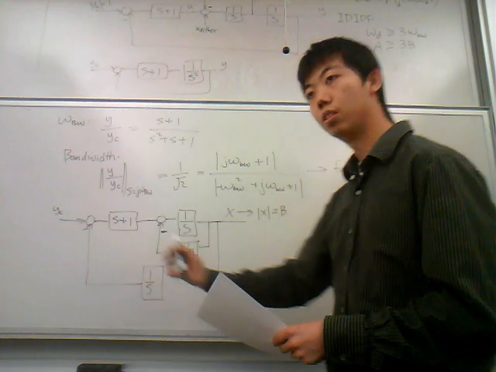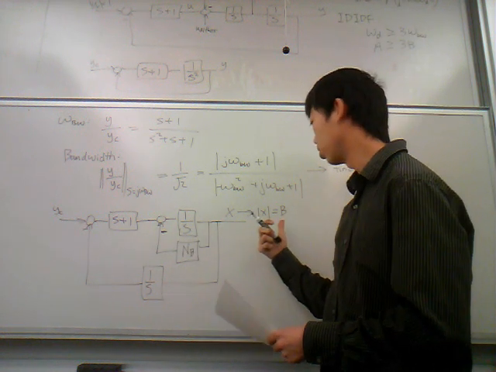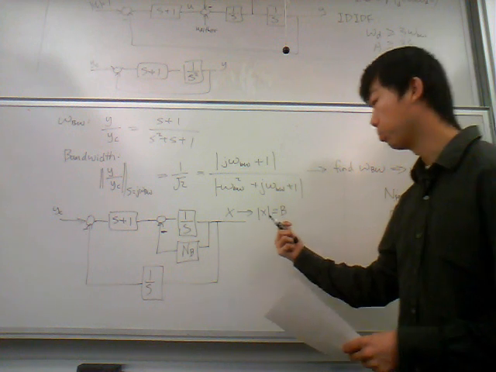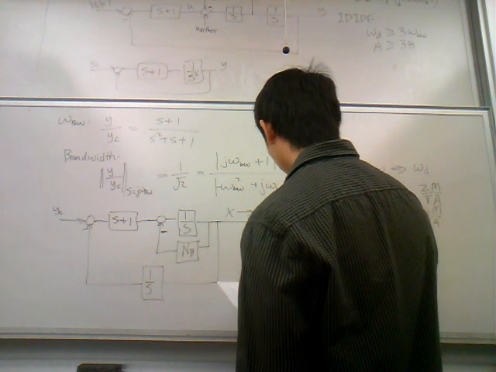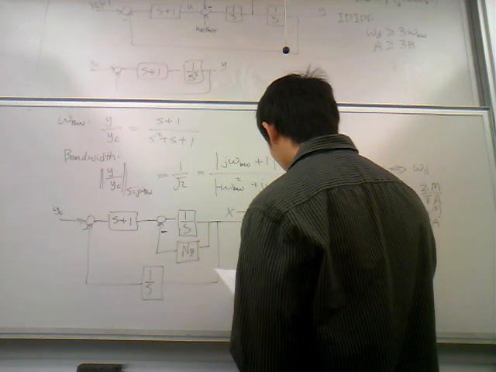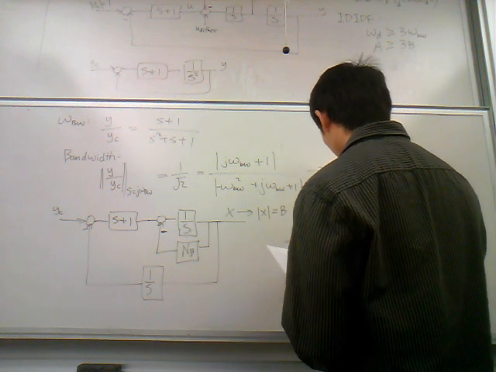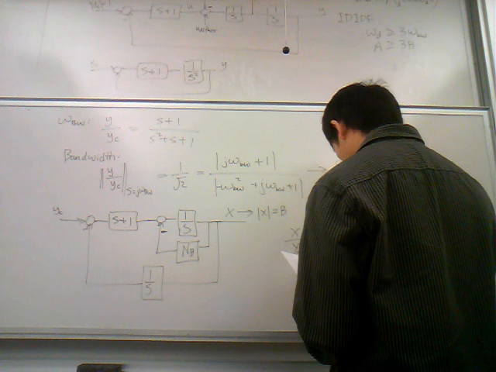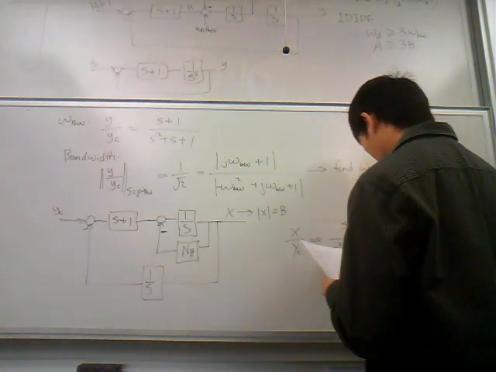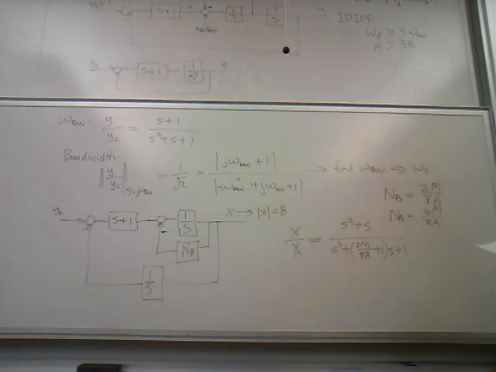Let's get the transfer function of this, and then we can see what the highest gain is, and so then solve for what the maximum B would be. So if we just work that out, we get X over YC. If you work through the algebra, you get something like this. If you just look at this transfer function,